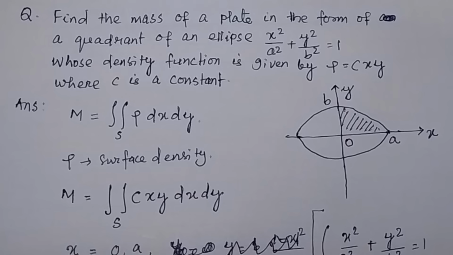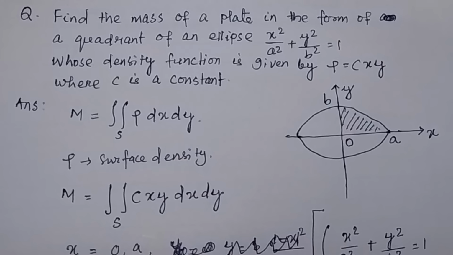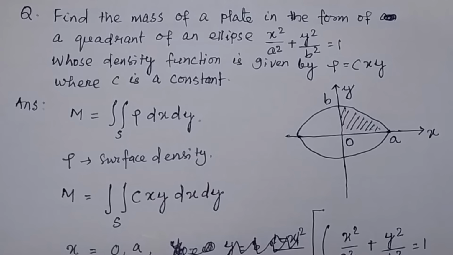Find the mass of a plate in the form of a quadrant of an ellipse whose equation is x square divided by a square plus y square divided by b square equal to 1, and whose density function is given by rho equal to c into xy, where c is a constant. So we have to find out the mass of the plate in the form of